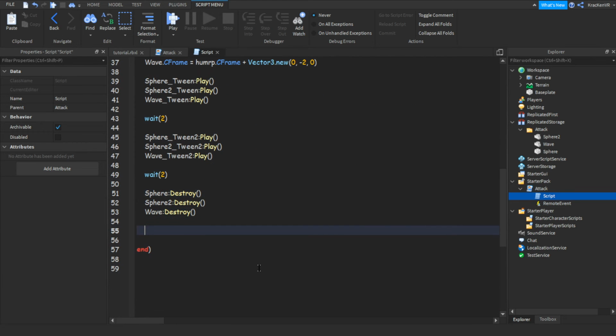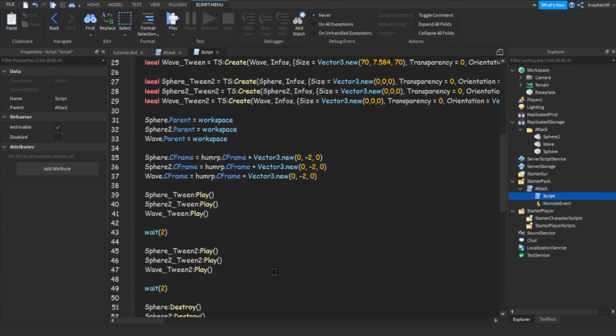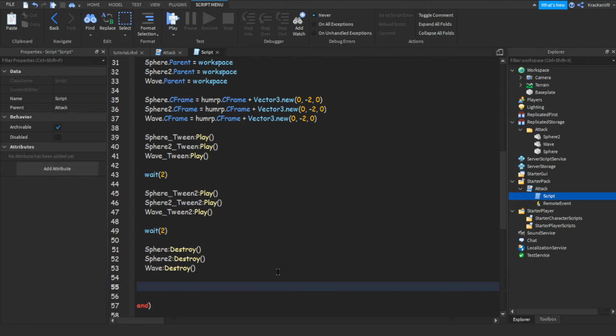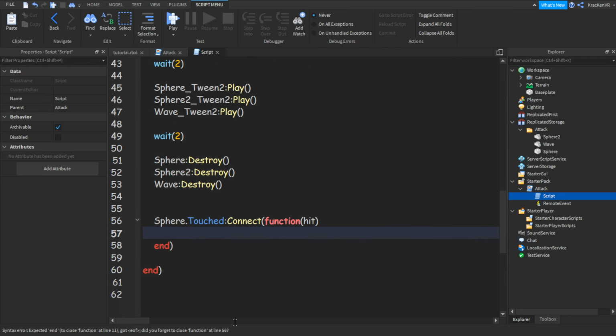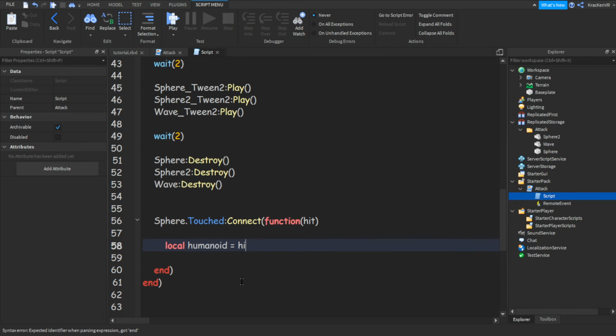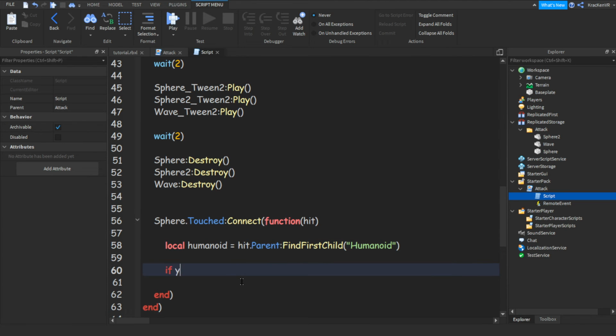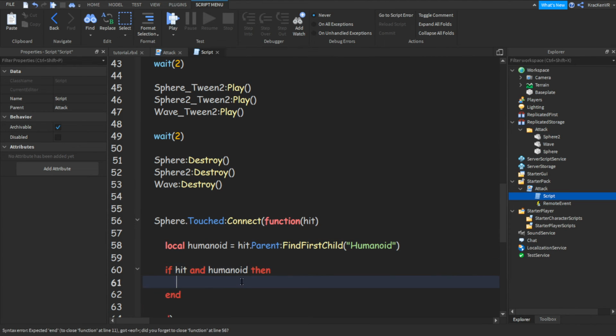So now we'll make it so if you actually touch it, it will hurt you. To do that, we want to make a function when you touch the sphere. So sphere.Touched:Connect, function and hit in the brackets. Go down, you should see an N appear, and then do local humanoid equals hit.Parent:FindFirstChild humanoid. If hit and humanoid, then